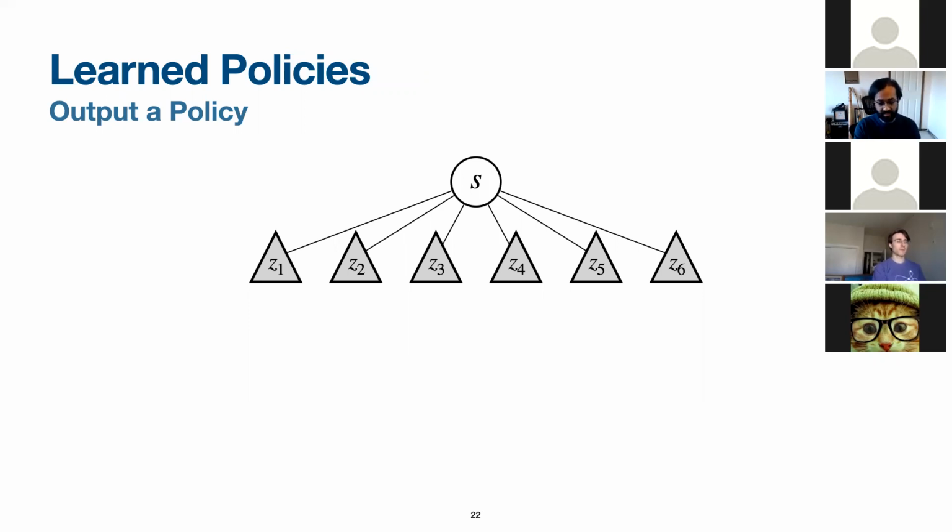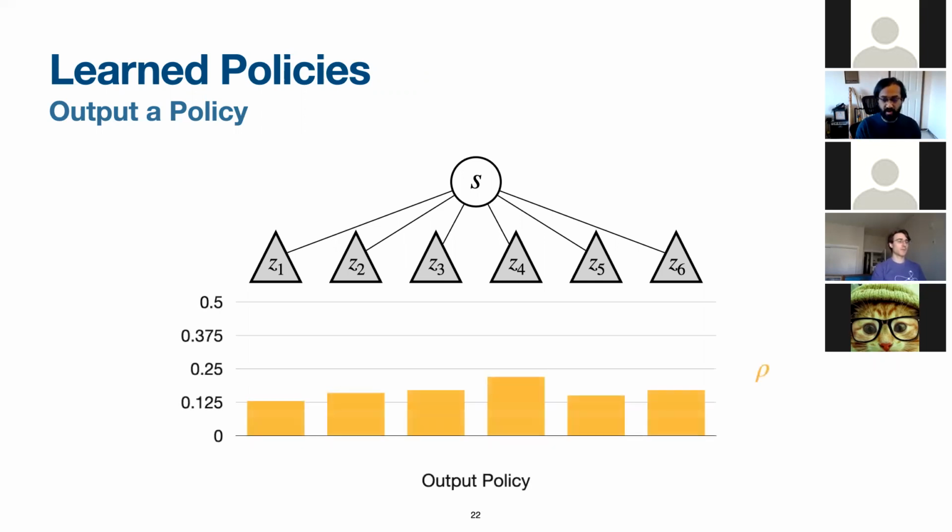In this case, we have a state with 6 actions and 6 outcomes. The policy then places a probability on all the actions that we should sample. Over here shown, denoted as rho. We have a well-distributed policy over here, and it places relatively uniform probability on sampling each action.